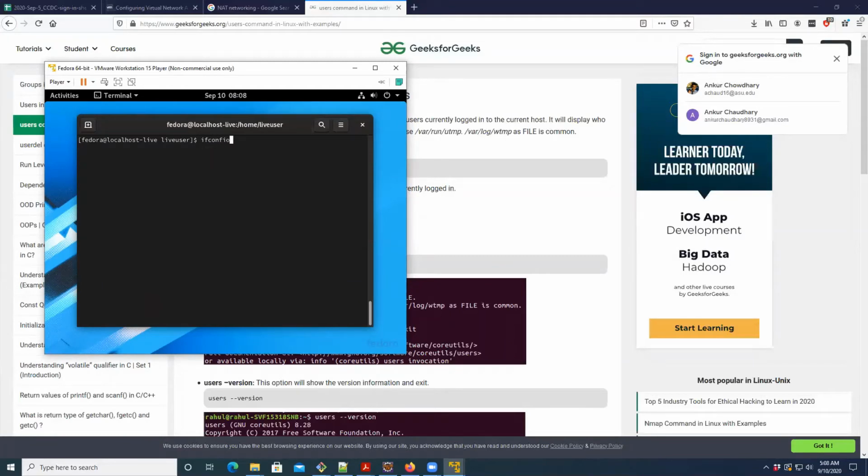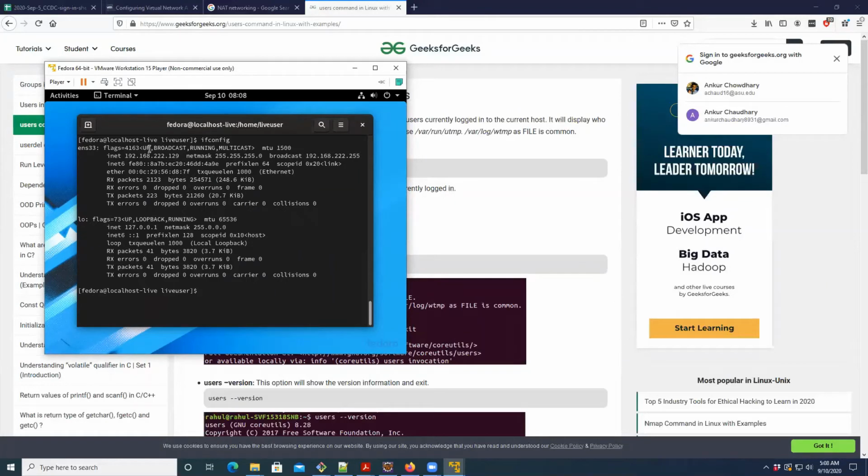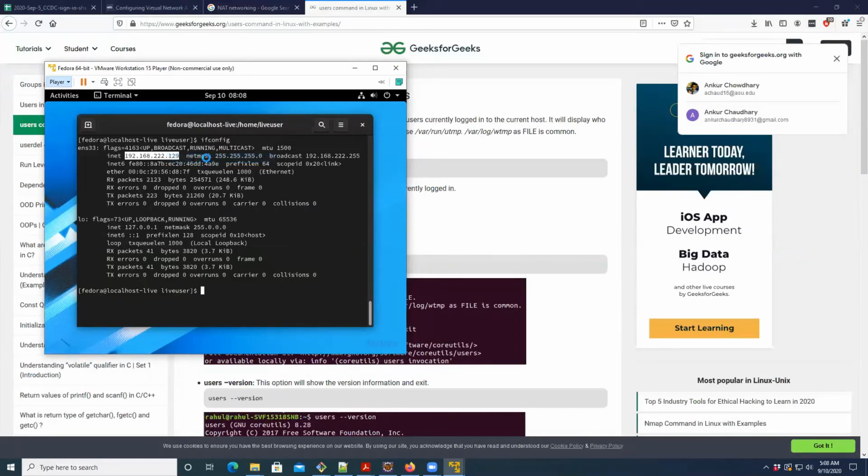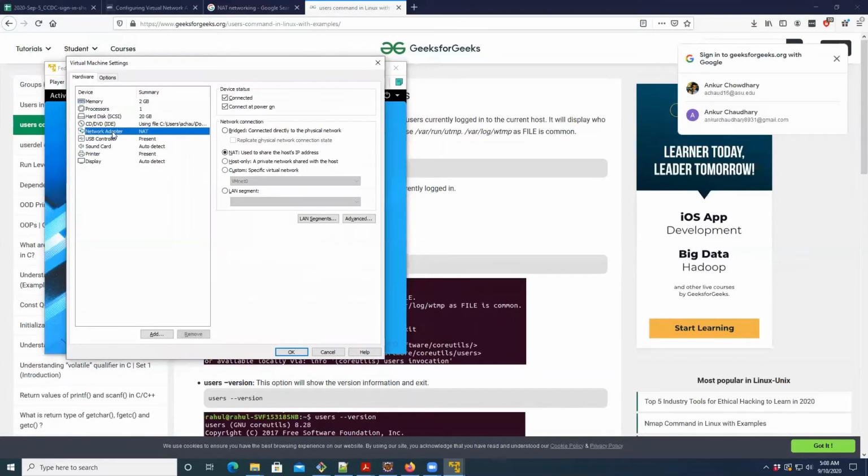Next thing we will do is check the IP address of this machine, and you will observe that it's 192.168.222.129. So if we check the virtual machine settings and check the network adapter, it is a NAT-based adapter, and there is a